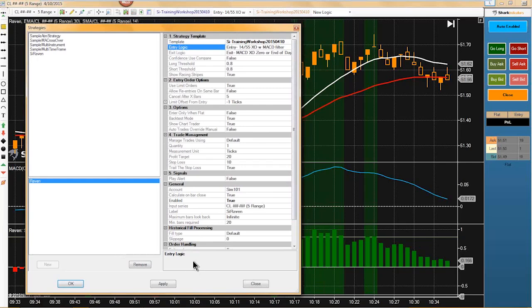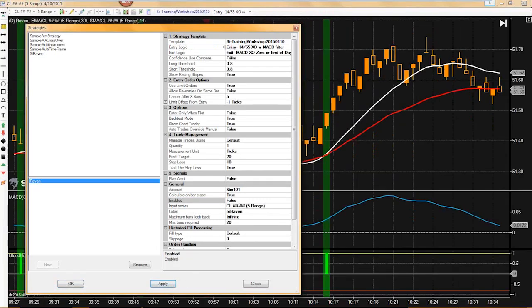Now here's a kind of powerful option that you can use here. So let me turn the strategy off. Now my entry logic, if I set this to none, so we have no entry. Now I do have to keep my exit logic set here. So what I'm about to teach you about the entry logic doesn't apply to the exit logic. The exit logic is going to stay locked to whatever logic template I select. But my entries, I can change my entry logic on the fly, right? So if I set this to none, and I'll turn this back on,